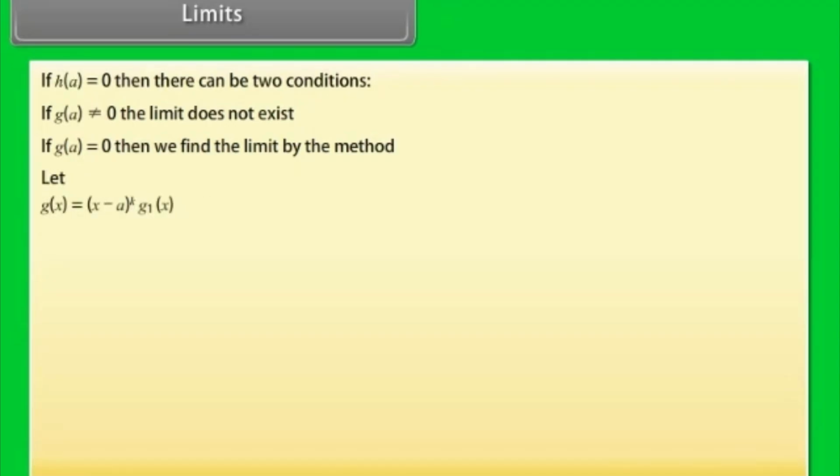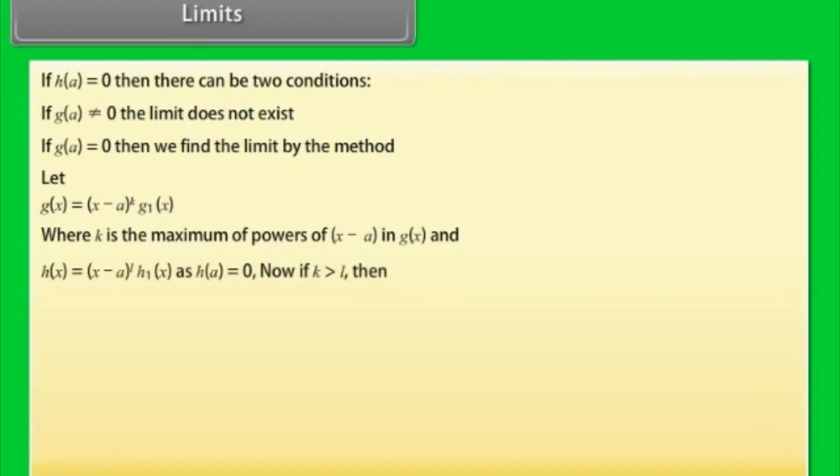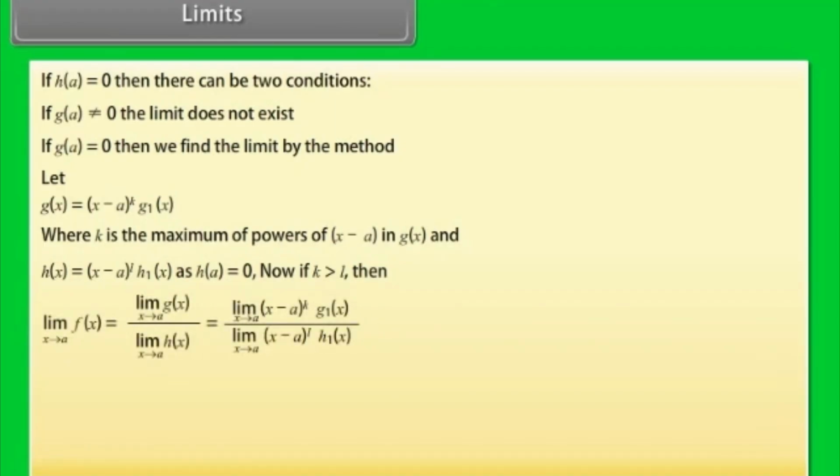Let g(x) = (x − a)^k · g1(x), where k is the maximum of powers of (x − a) in g(x), and h(x) = (x − a)^l · h1(x), as h(a) = 0. Now if k is greater than l, then limit x tends to a of f(x)